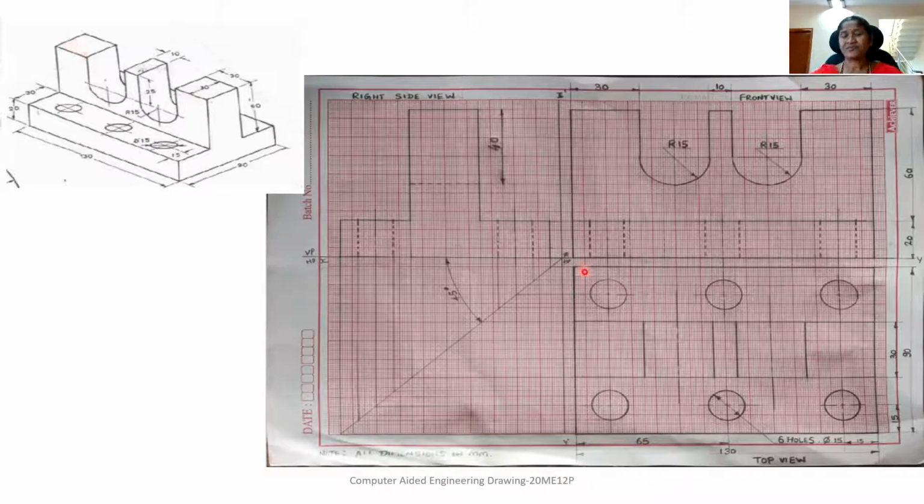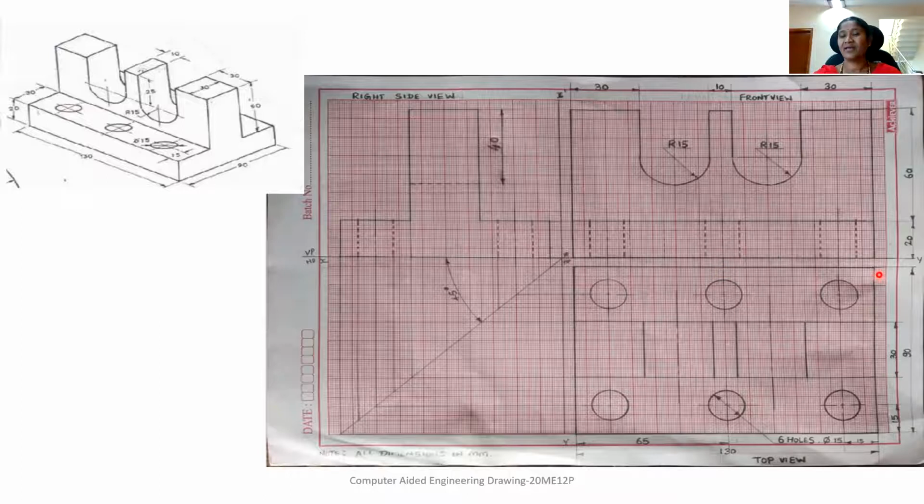So for that, now I have drawn a vertical projector from the front view to indicate the boundary of the top view. So from this end, draw a vertical projector. Again, from this end, you draw a vertical projector. This gives the distance, that is 130 mm. Now the top view is nothing but a rectangle of 130 by 90. This width is 90 mm. So for that, you draw one line at a convenient distance from the XY line.